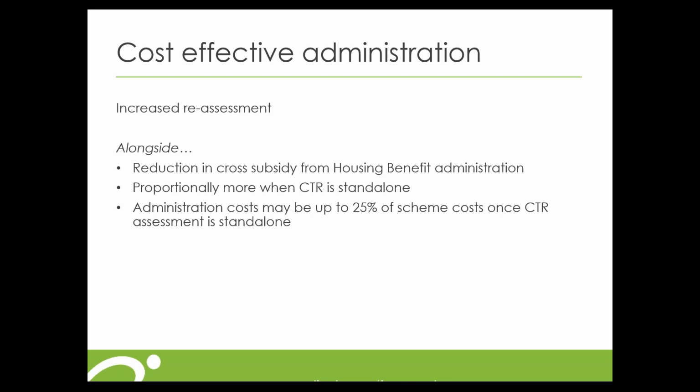And the proportion spent on administration probably made sense with a housing benefit claim. These were where the rental element is usually the biggest part of anybody's out of work benefits. The cost of a claim, which I think the DWP calculated as about £167 admin per claim per year, would make sense if you're paying out £300 or £400 a week for somebody's rent. Doesn't make so much sense when you're paying out £10 a week for CTR. So we've worked out that admin costs may end up being up to 25% of the total costs of CTR